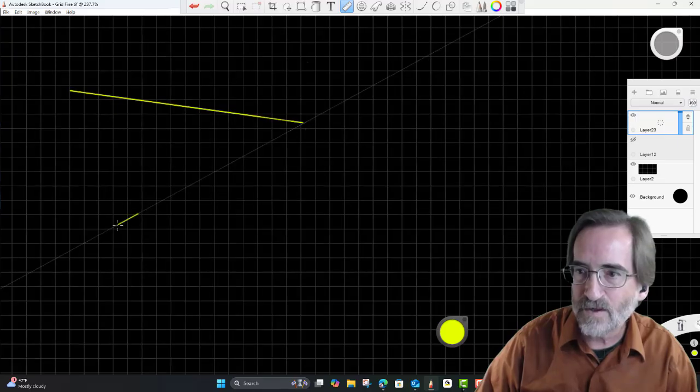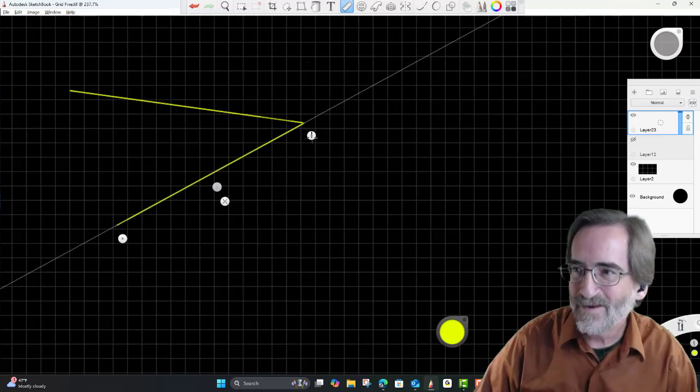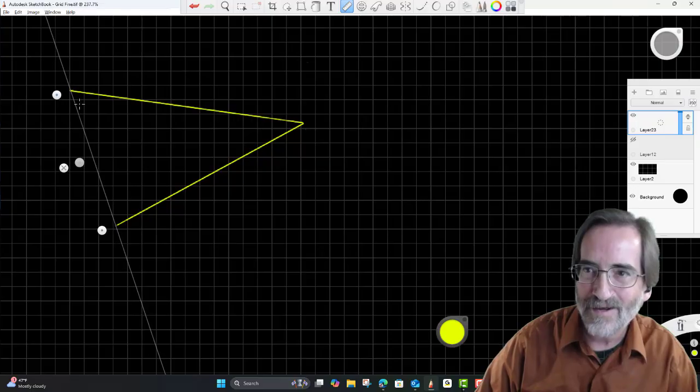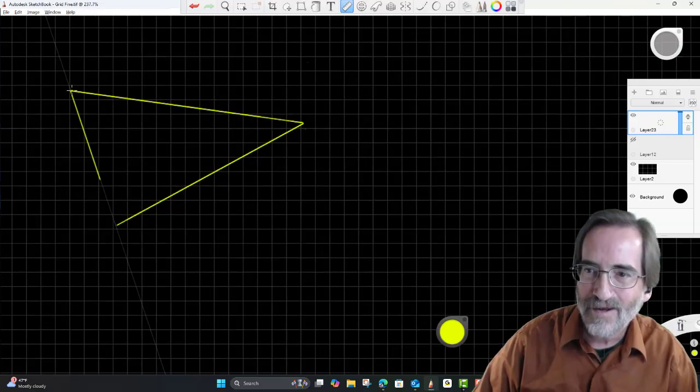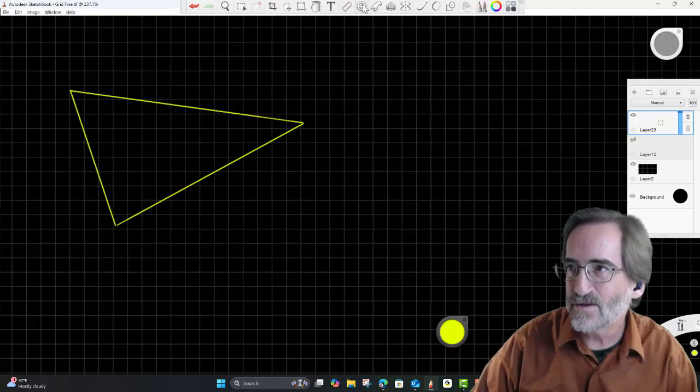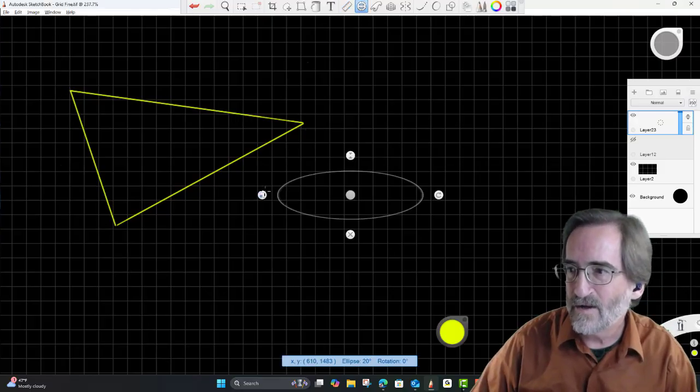Okay, and let's draw a triangle like this, an acute triangle here. Isn't that triangle cute? Oh, I said acute, not cute triangle. Yeah, okay. And I'm going to find the midpoint of two sides. So let me grab my compass